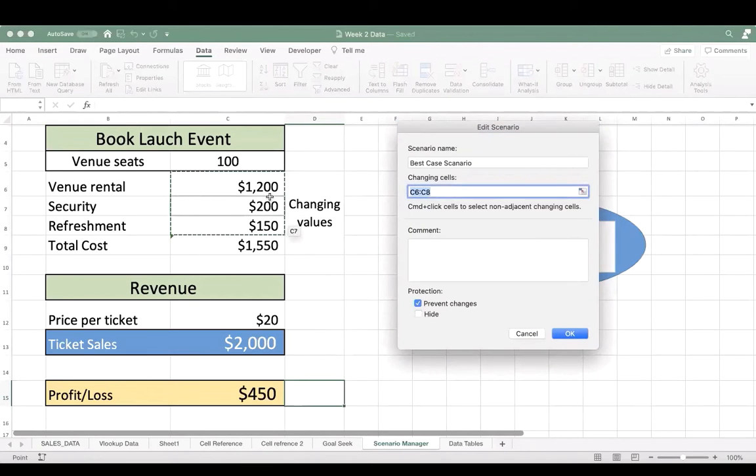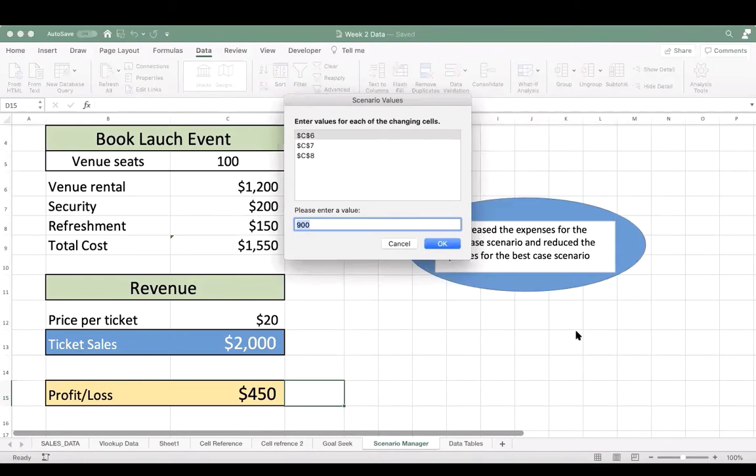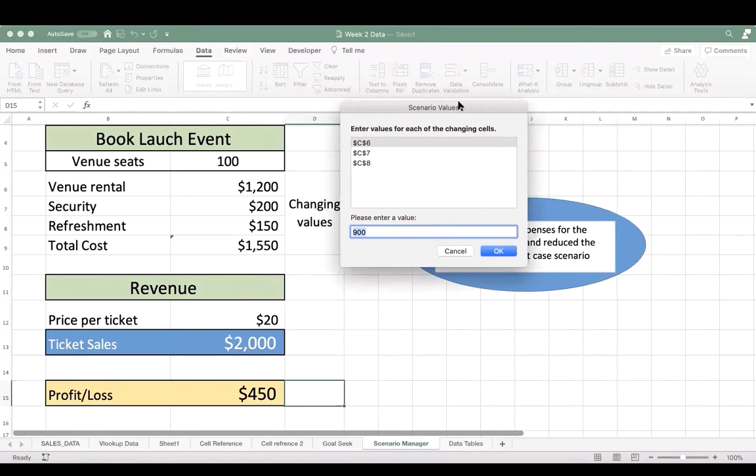The reason why it is a changing cell is because the rent might either go up or come down, or the security might go up or come down. Refreshment might go up or come down. That is why it is the changing cell. And we selected that and we pick okay. So for the best case scenario, we said